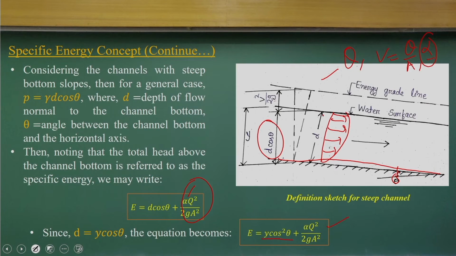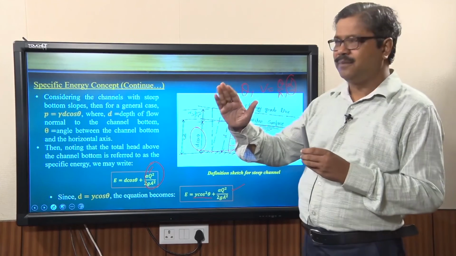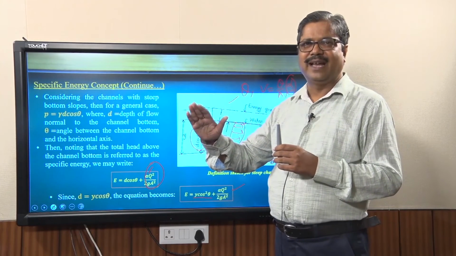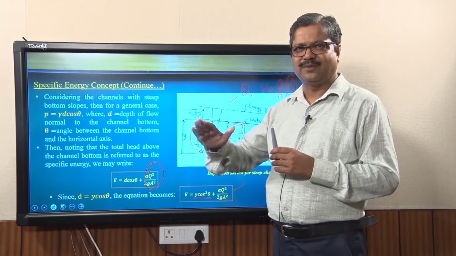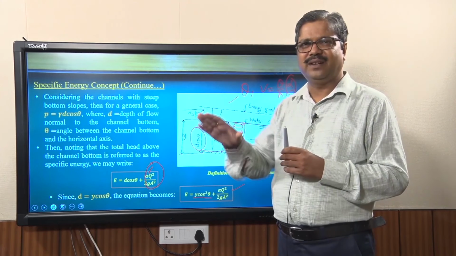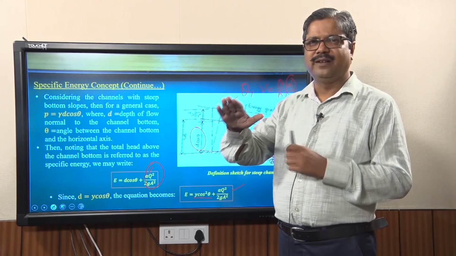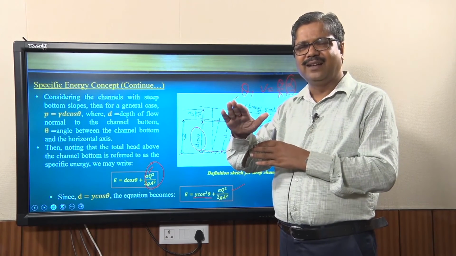This is a very simple way: we have used an inclined channel or inclined river having an angle theta. That is what we can assume. The slope of the river does not change that significantly, so we can assume it has angle theta, and as it has angle theta, what could